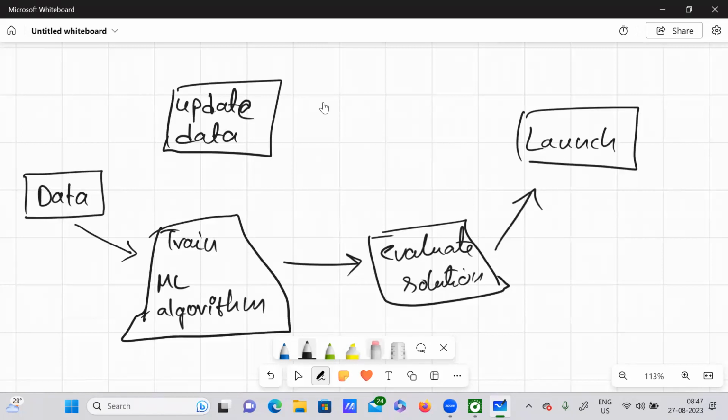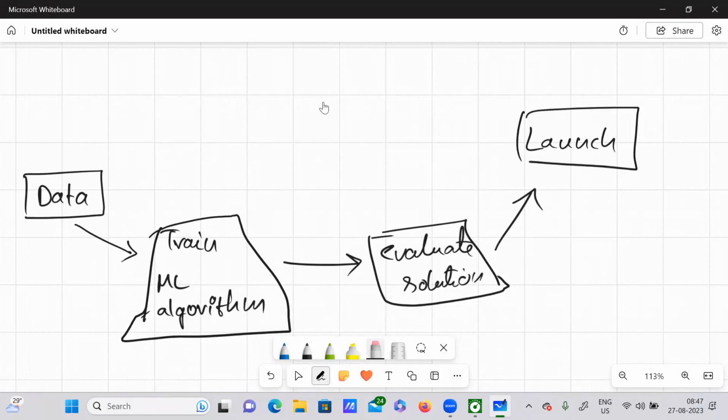And I'm erasing it. Okay. Now what happens is, this data here has the keywords, for you. You have fed this data to your algorithm. It has trained on that data and it has evaluated the solution. Now the results are good to go. So it has been launched. Okay. But again,